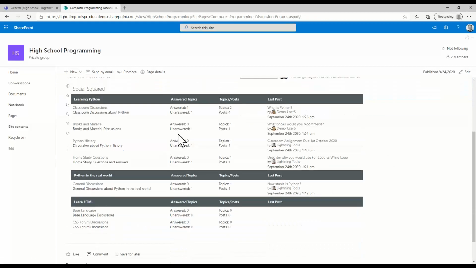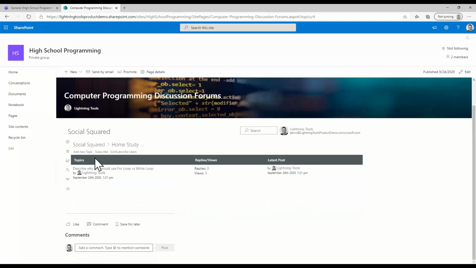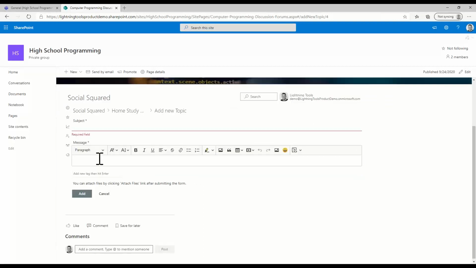Okay, so creating a topic, let's just come down to a home study question here. So I'm going to go into the home study question, and this might be something I want to do as a teacher. You can see here we've already asked a question about why would you use a for loop versus a while loop, but I'm going to go through and add a new topic, and this is going to be something that I'm going to ask my students to do. So in here,